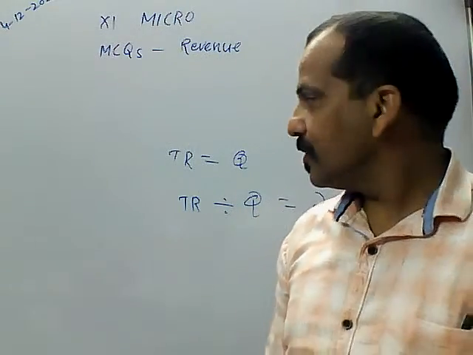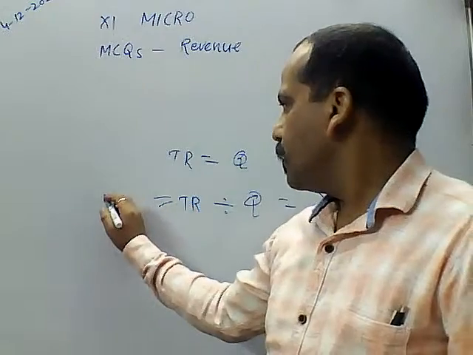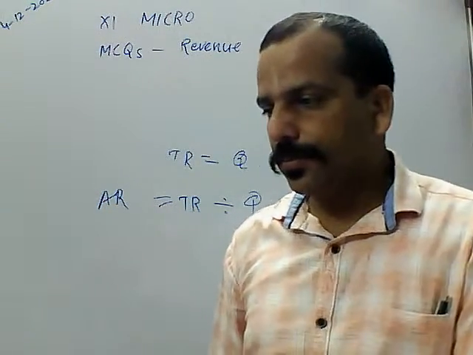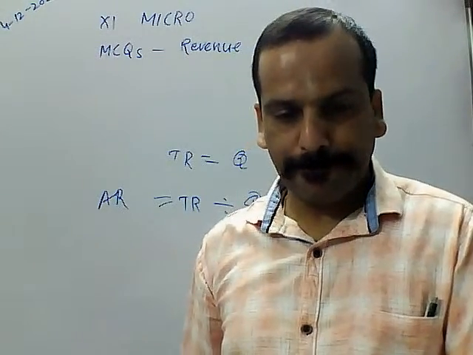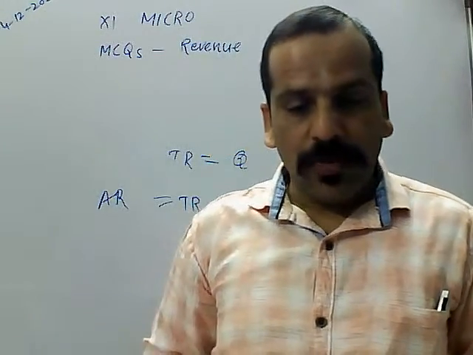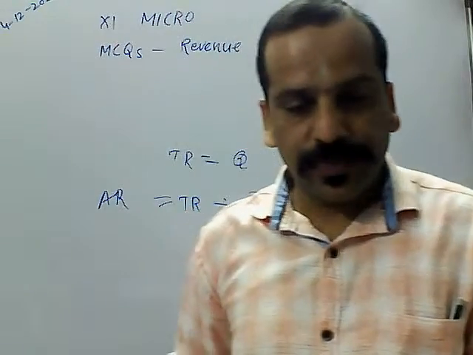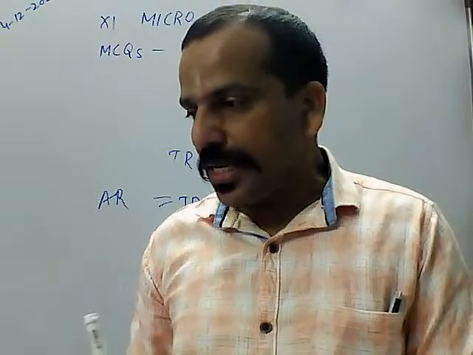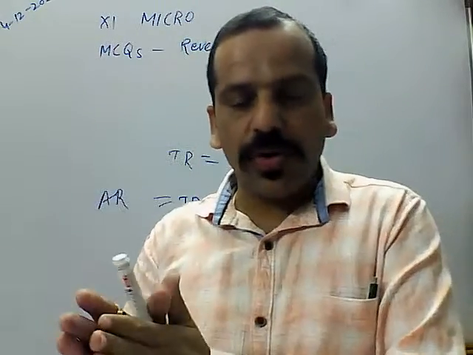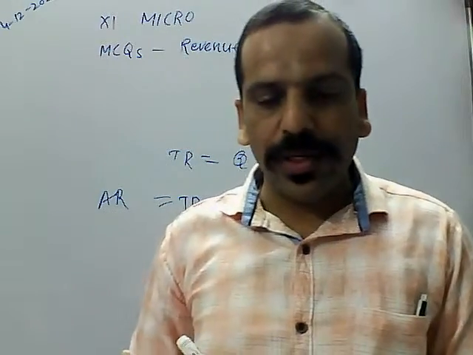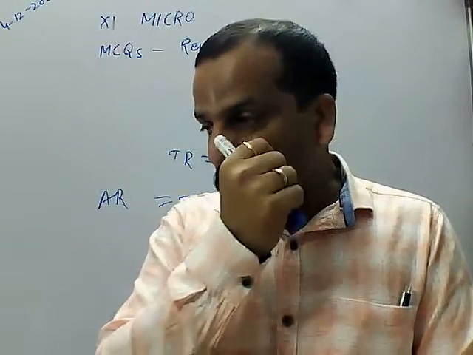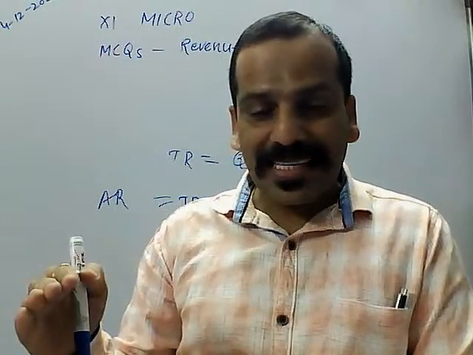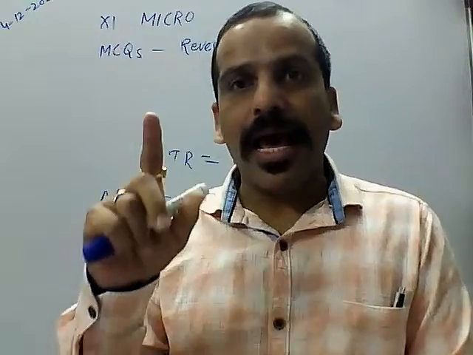Okay, good. And this is also the formula of average revenue. Average revenue is the total revenue upon quantity. When price falls with the rise in output, as quantity sold increases, whenever there is a fall in the price, definitely quantity sold will increase. When price falls with the rise in output, then as quantity sold increases,